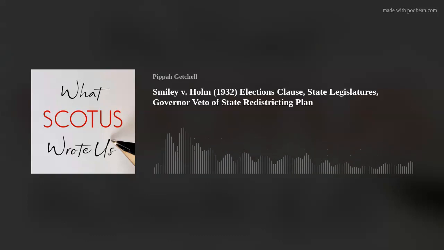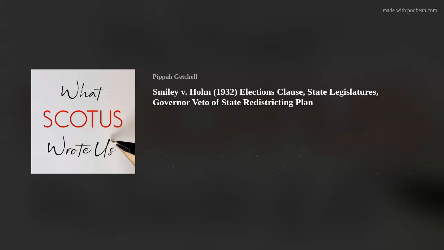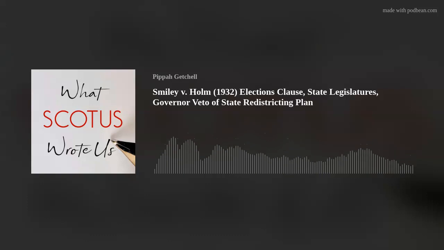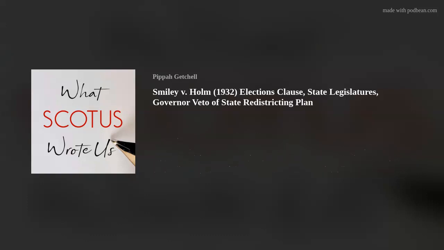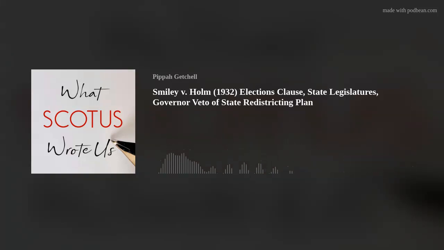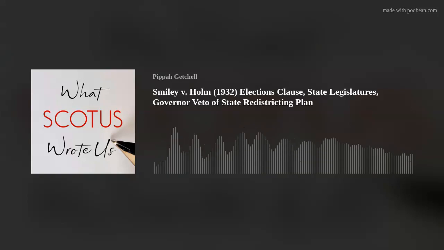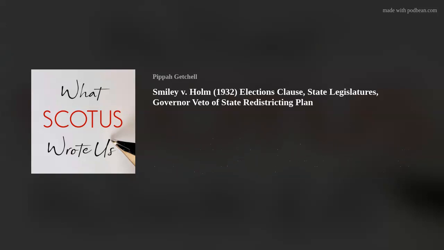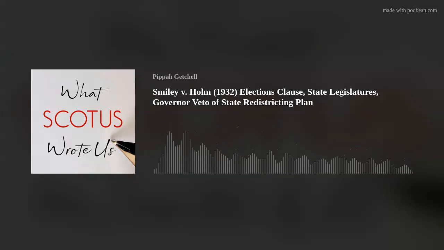Much that is urged in argument with regard to the meaning of the term legislature is beside the point. As this court said in Hawke v. Smith, the term was not one of uncertain meaning when incorporated into the Constitution. What it meant when adopted, it still means for the purpose of interpretation. A legislature was then the representative body which made the laws of the people. The question here is not with respect to the body as thus described, but as to the function to be performed. The use in the federal Constitution of the same term in different relations does not always imply the performance